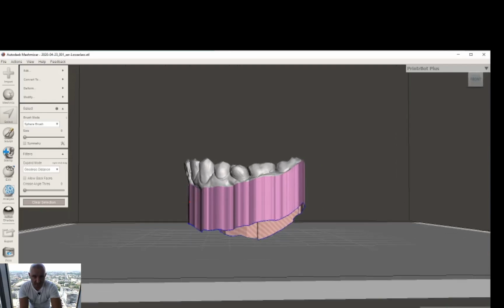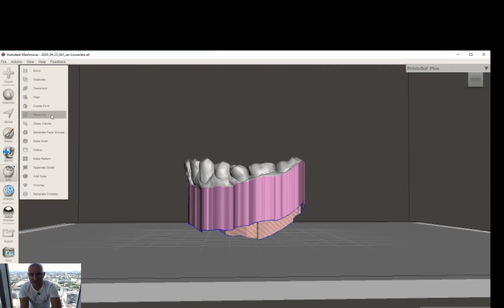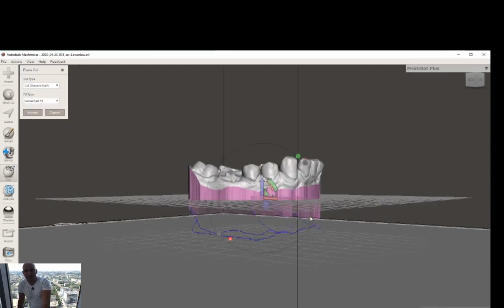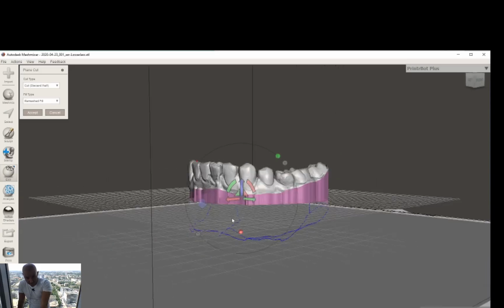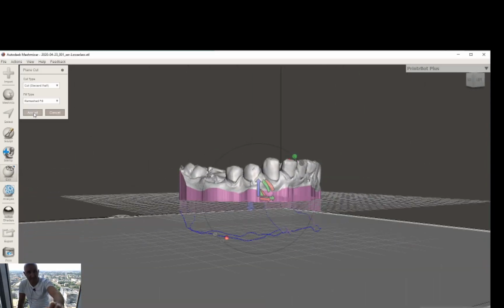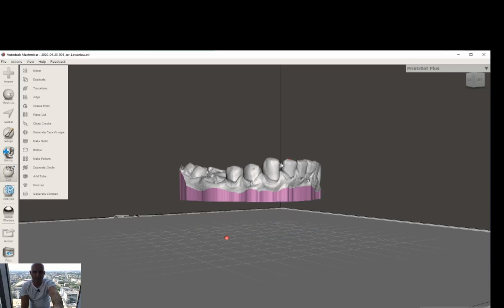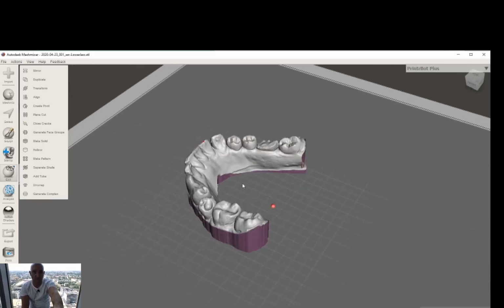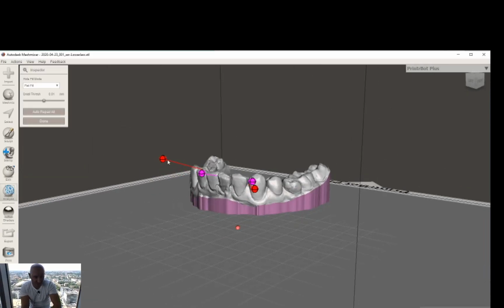plane cut function, which will remove too long extension of the model, and additionally it will close the model so it won't be opened on the end. So we choose plane cut, we choose what part of the model we want to cut. If we think it is okay, we accept, and this is how it's going to look. And we got our first version of the model on which we are going to work, and we are going to work on tooth number 46,